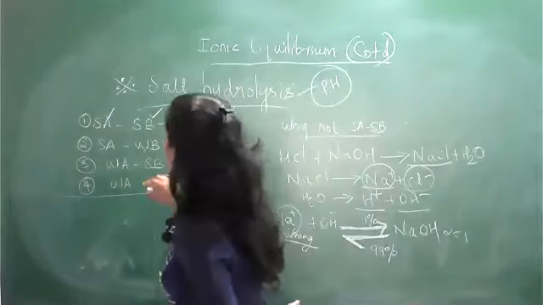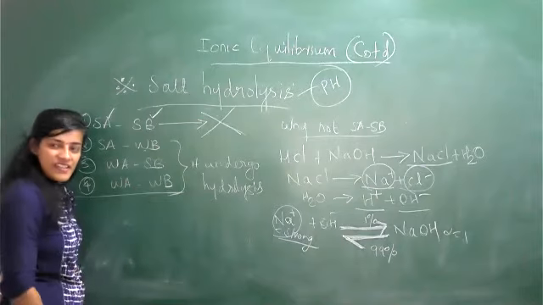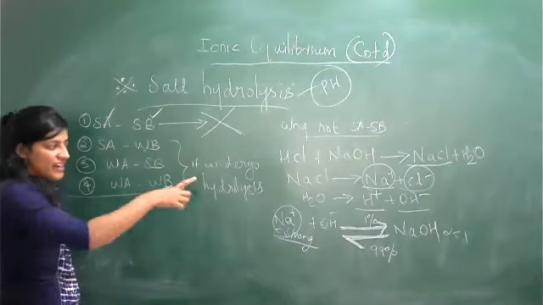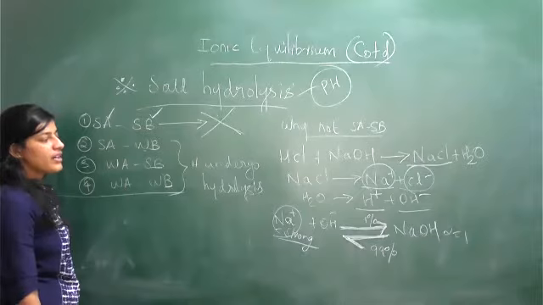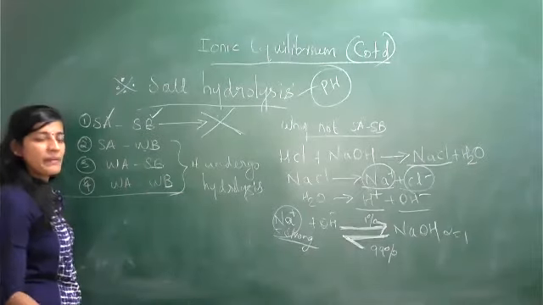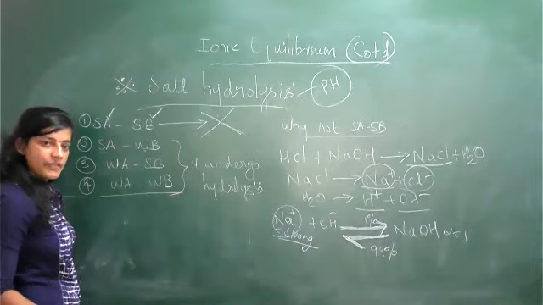Now this pair will not participate, but the remaining three will participate. So we want to find out these kinds of relationships. Finally, we will find the degree of dissociation, we want to find out pH, we want to find out each individually. So let us start one by one.